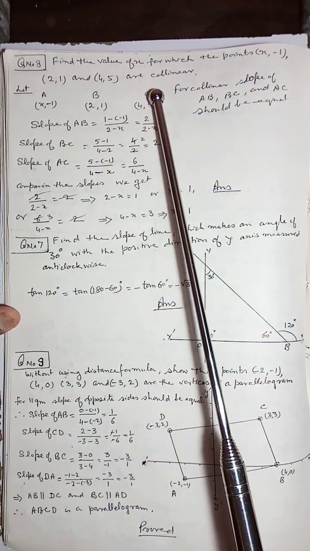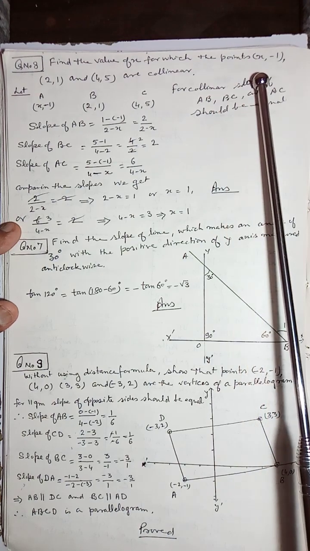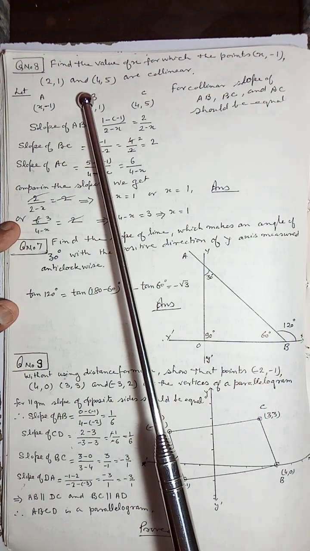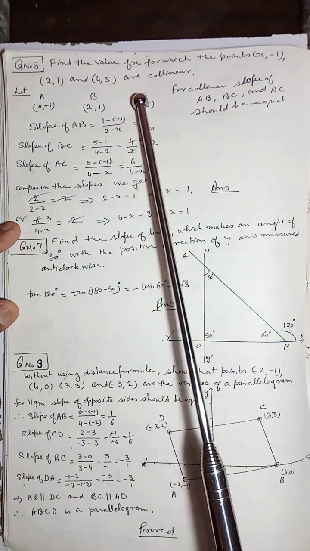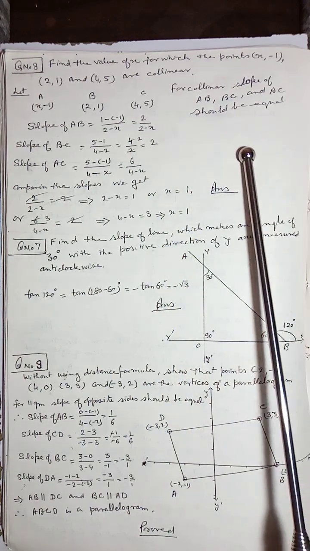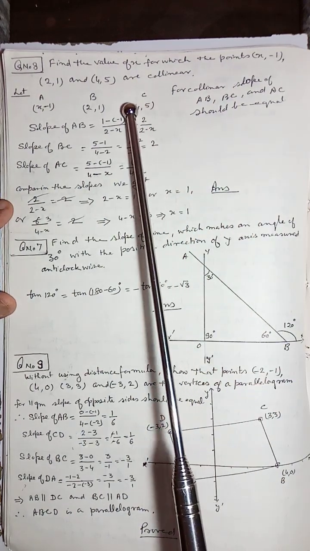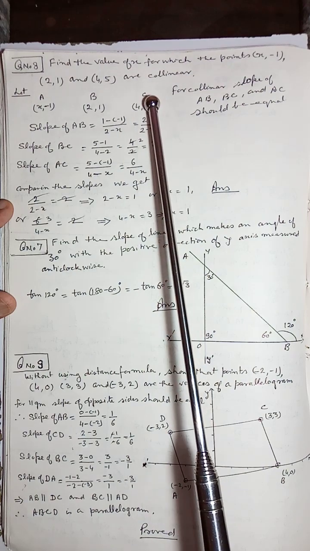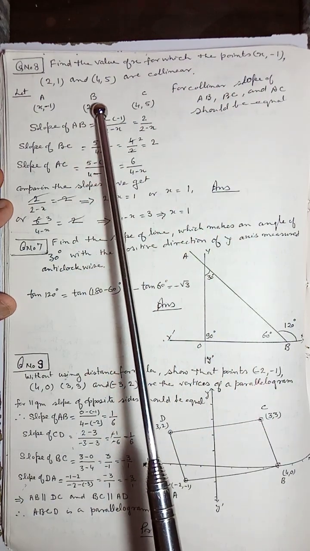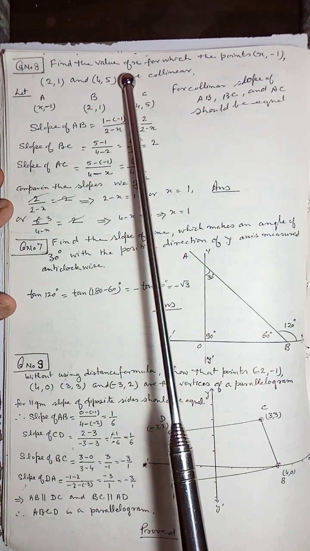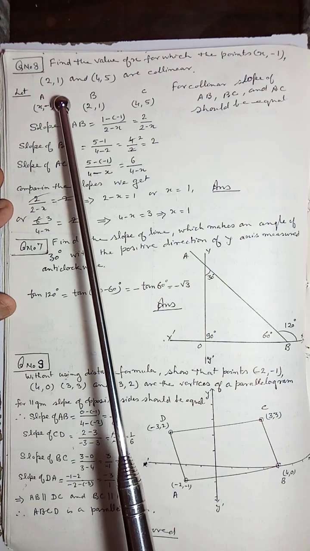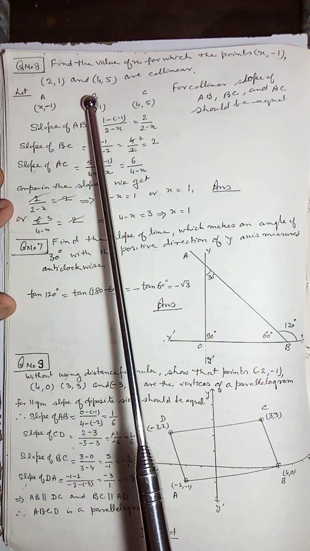Find the value of x for which the points (x, -1), (2, 1) and (4, 5) are collinear. हमें 3 पॉइंट दिए हुए हैं, हमें प्रूव क्या करना है कि ये तीनों के तीनों पॉइंट्स कोलिनियर हैं, दिए हुए हैं पहले। It is these 3 points are collinear, और हमें क्या करना है, x की वैल्यू बतानी है। अगर ये कोलिनियर हैं तो the slope of AB,